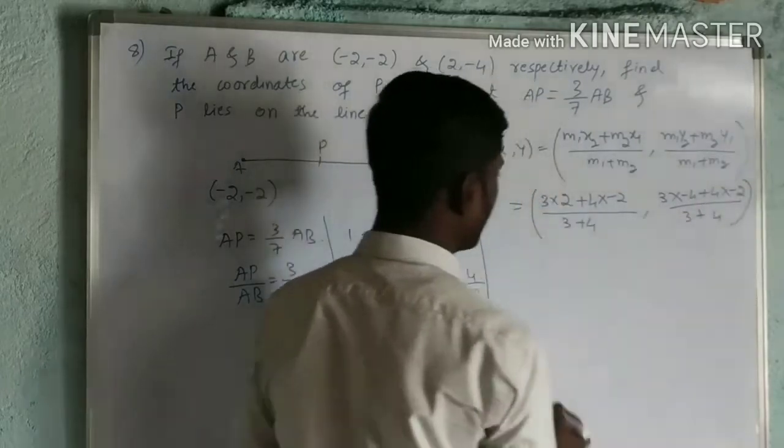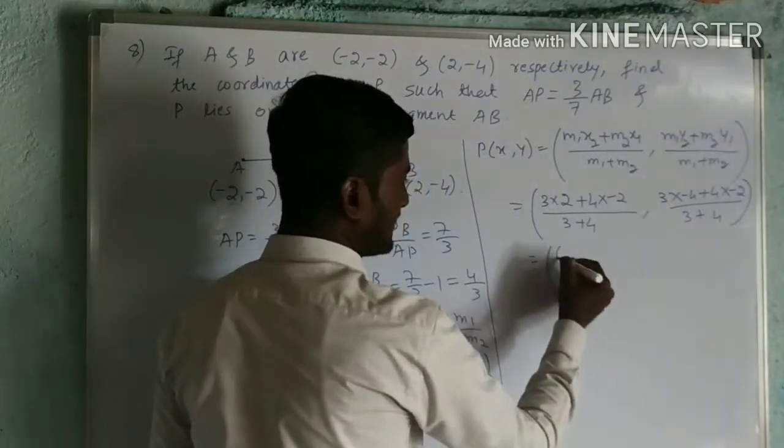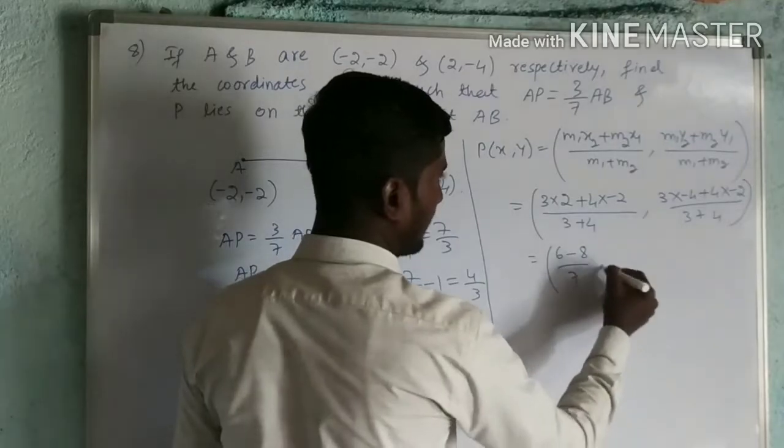Now this is equal to (6 minus 8) by 7, comma,